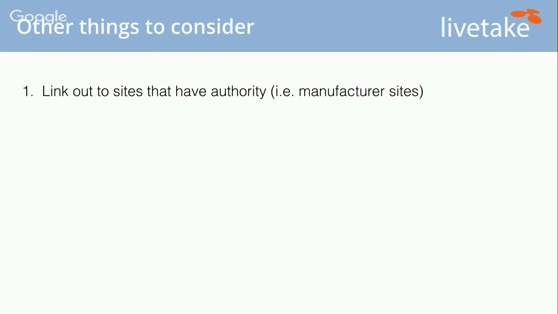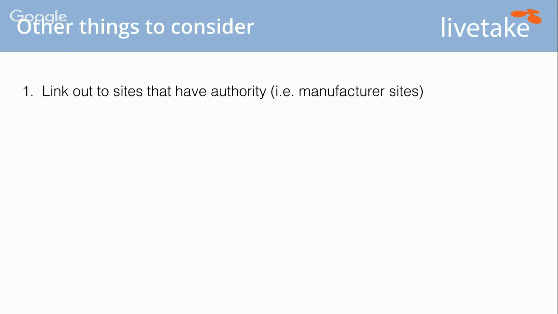So some other things to consider that aren't about the keywords on your page, and that's that Google looks for trust as well. Again, using Google's lens, it wants to send its customers to sites that they can trust. So it's looking for trust on your site. If you link out to sites that have authority, for example manufacturer sites, that's going to be a mark of trust. So it's always good to put links on your site that shoot out to the manufacturer sites, because those sites will have a lot of authority from Google,